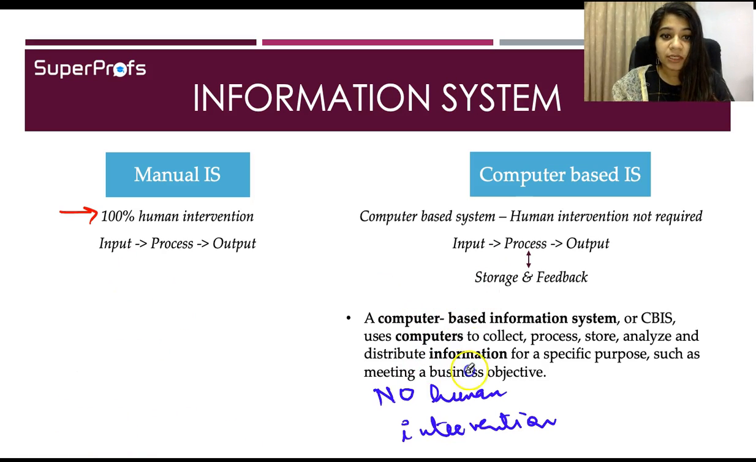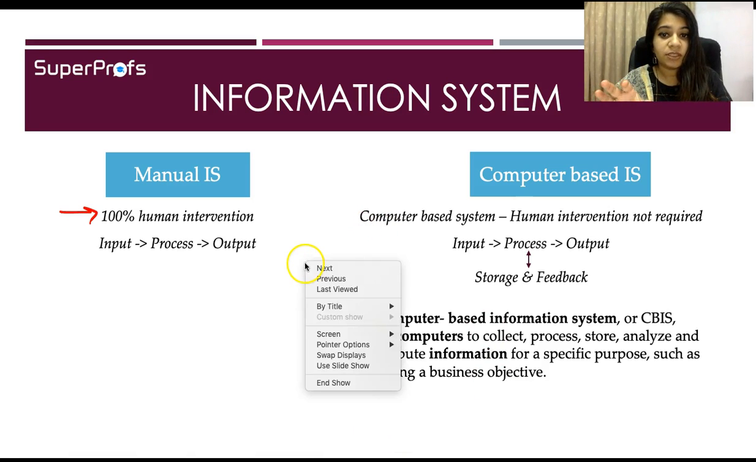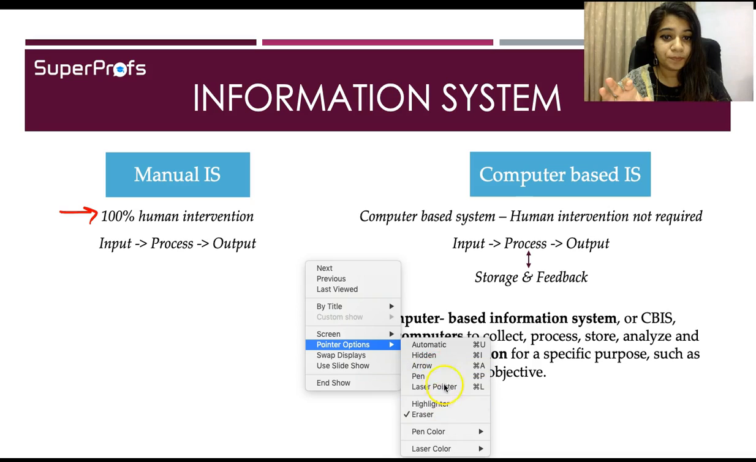And as you know, computers are high in efficiency and productivity. Therefore, because of a CBIS, a computer based information system, you are able to utilize many advantages. All right, so now we'll define computer based IS. Now a computer based information system, or a CBIS, is